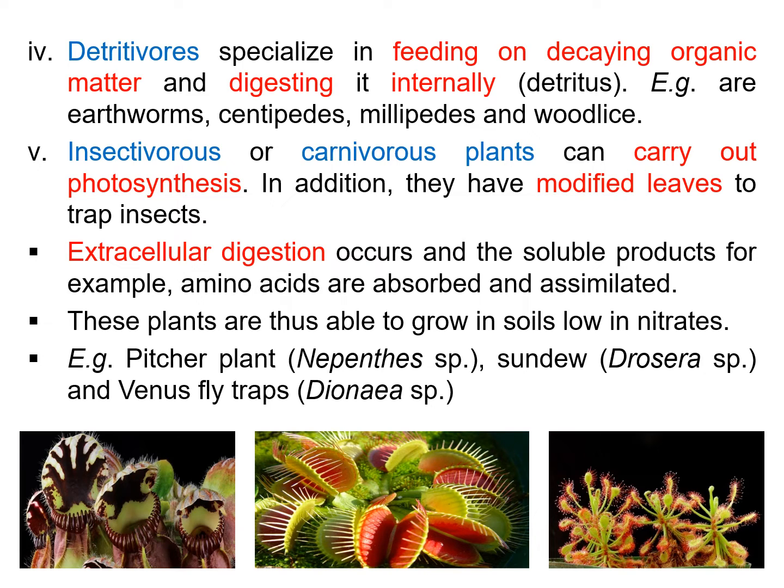Meanwhile, examples of insectivorous or carnivorous plants normally carry out photosynthesis. In addition, they have modified leaves to trap insects. Extracellular digestion occurs and the soluble products, for example amino acids, are absorbed and assimilated. These plants are thus able to grow in soil which is normally low in nitrate because they can get sources of organic molecules by trapping